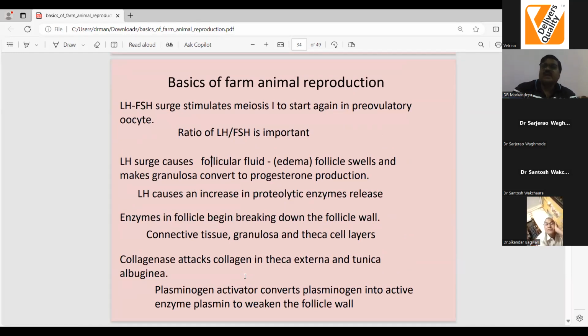See, it is always important to note that it is not only the absolute level of one particular hormone, it is the ratio of that particular hormone with its counterpart. Let it be FSH, let it be LH, the ratio is important. The estrogen, progesterone ratio is important because this ratio will be essential for production of receptor sites, which are important for the role of the next expected hormone, the next incoming hormone.